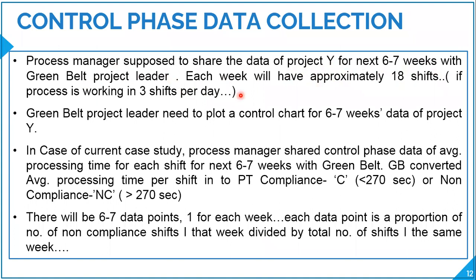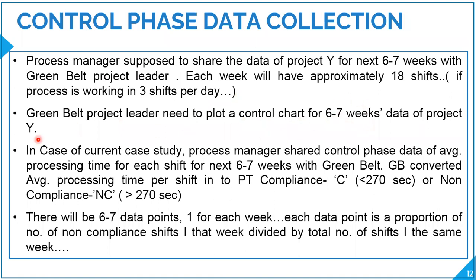per day. But again, as we already talked about on a previous slide, it's not always the same number of shifts in every single week. Had we any holidays in between, or any shutdowns, because of some holidays or festive seasons we're not going to work on a given day, or for that matter, given 2 or 3 days, then the total number of shifts will not remain the same every single week, right? For that given week, when we have a holiday, certainly we're going to have a lesser number of shifts, right? So the green belt project leader needs to plot a control chart for 6 to 7 weeks of data